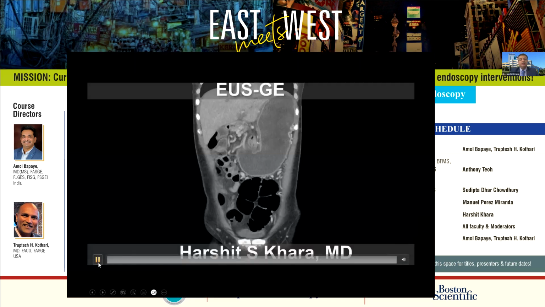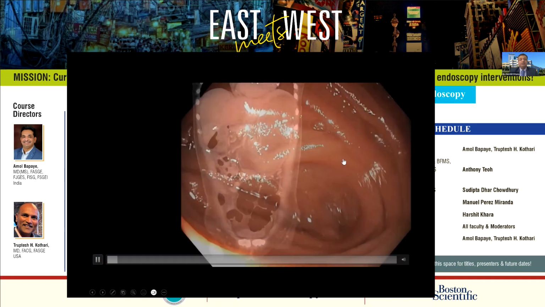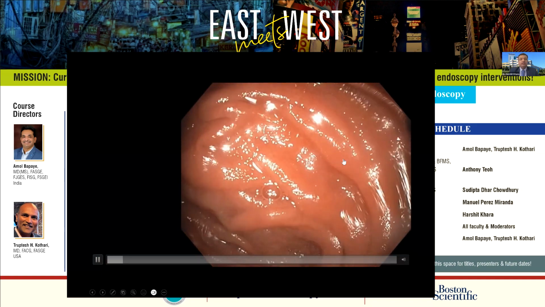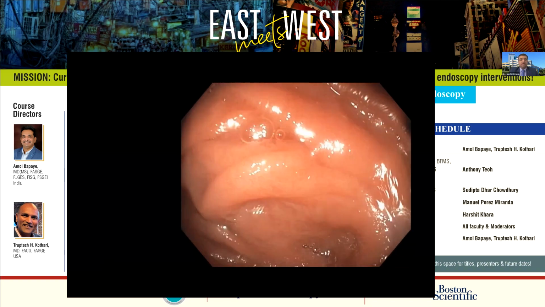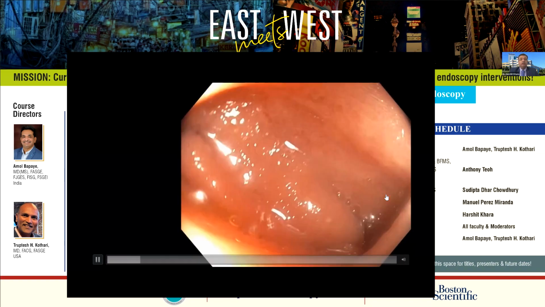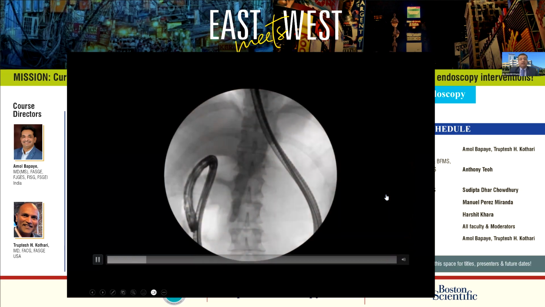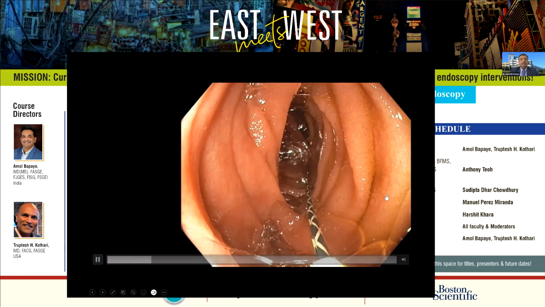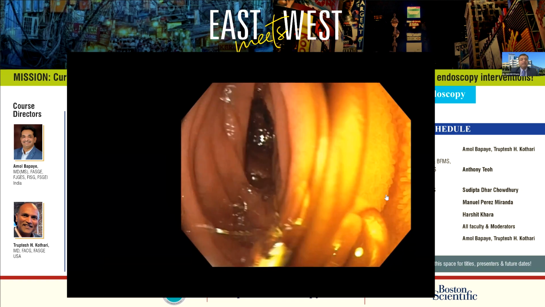So as you can see here, the stomach is significantly distended as a result of this obstruction, which was along the D3 portion. So if possible, I try to traverse these lesions endoscopically to visually place a wire access, but if it is not doable, then I place the wire under fluoroscopic guidance.